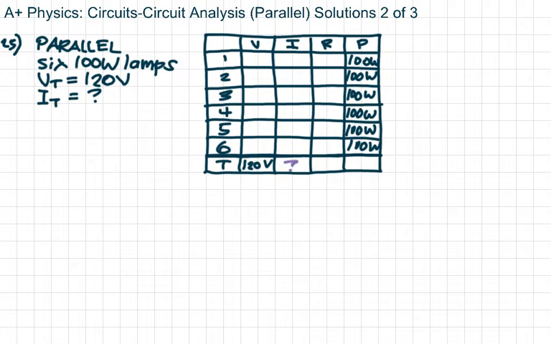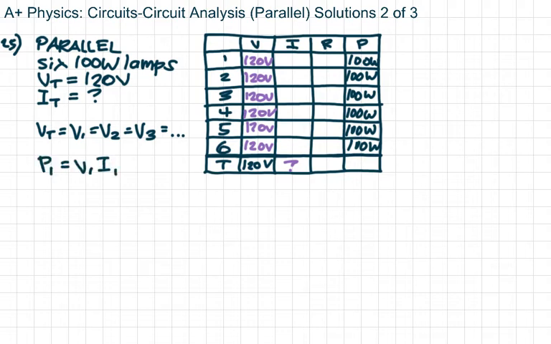All right, so it wants to know what is the total current in the circuit. And we don't know anything about the currents, but I do know one of the voltages. I know the total voltage, and we know in a parallel circuit that all of the voltages are equal. And we're going after the current, and I know the power and I know the voltage, so with the power and the voltage, I can find the current. Sorry, I can find the current of an individual element, not the total, not yet. P equals VI, and so we can figure out that the current in the first element, it's a light bulb,